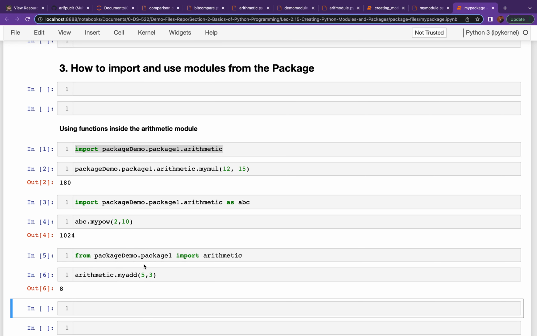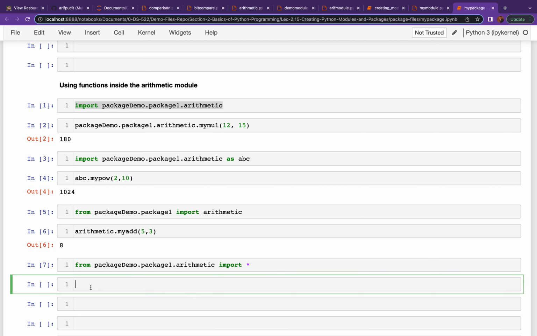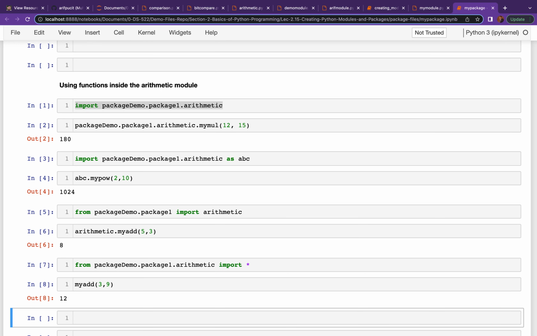Great. Well, another way of importing is that you can import all the functions of a module using the star operator. So let me do that as well. From package demo dot package one dot arithmetic, I want to import everything. So I've imported everything, and now I can simply say my add 3 comma 9. So it will work. Note that this lets you access your function directly without using the dot notation. Let me use the